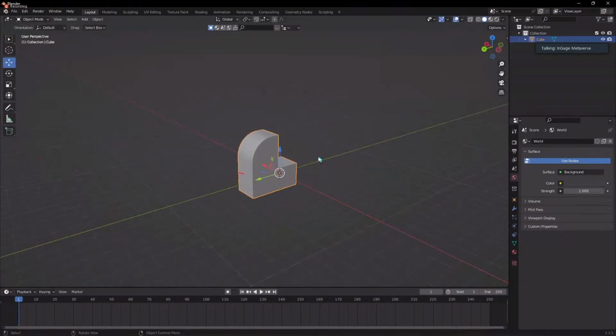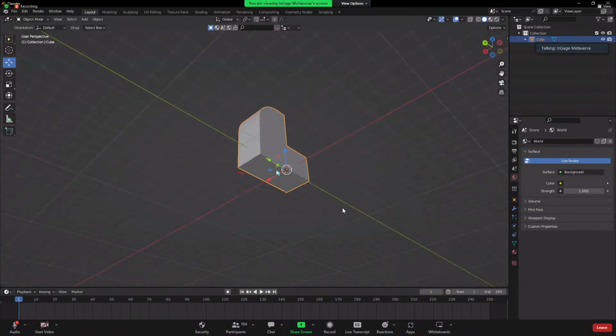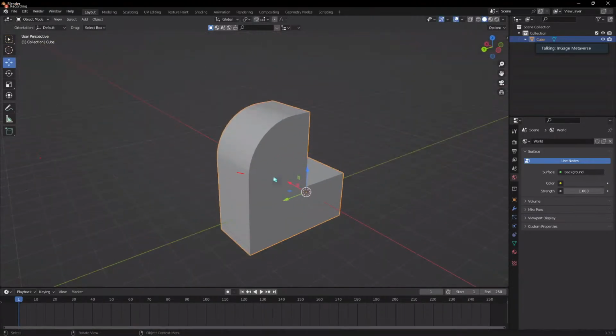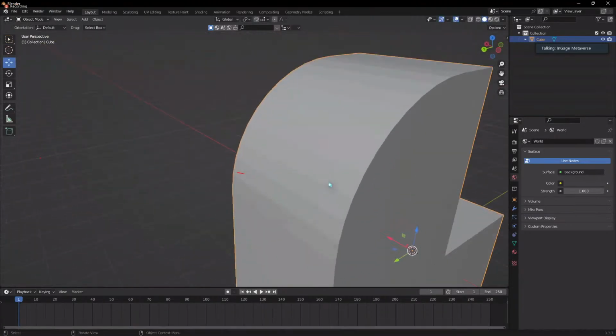Now I'm going to object mode. Now you can see the final preview of this. But it's still looking kind of messy, you know. So